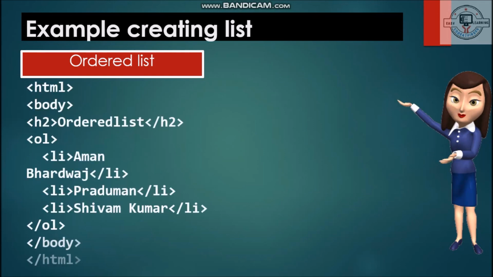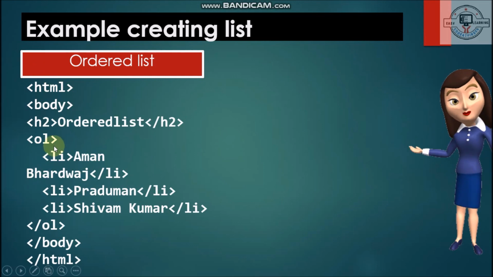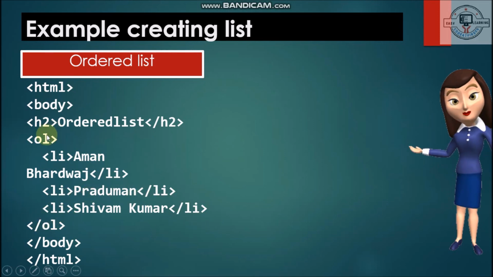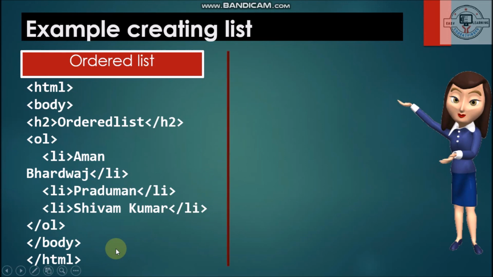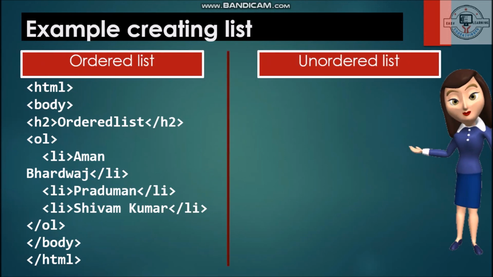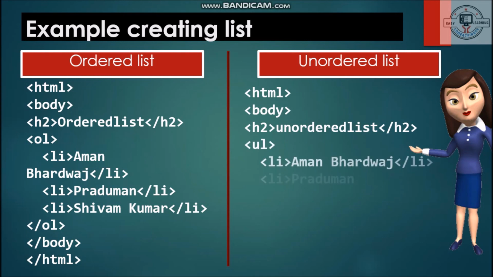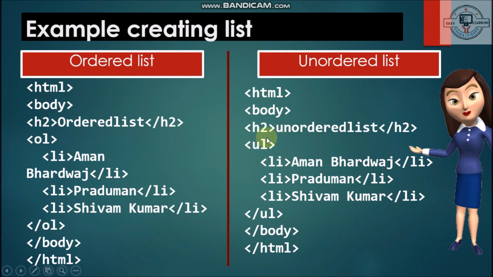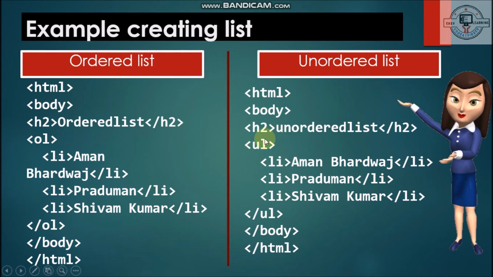Using the example, we will learn the example of ordered list and unordered list. It will be created using the ol, and this is a list. First list item is this one, second is this one, third is this one, and we have to close it. Similarly, unordered list. There is a simple difference. Here I am using ol and here I am using ul. Just see the result of this.